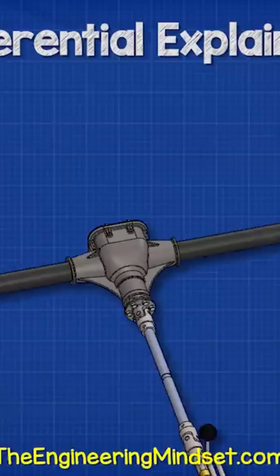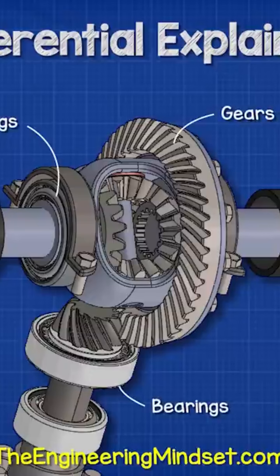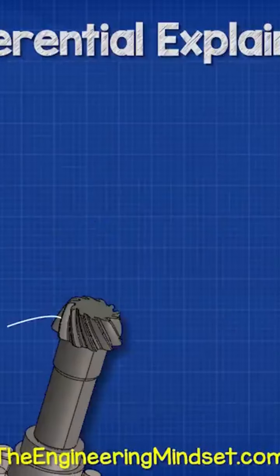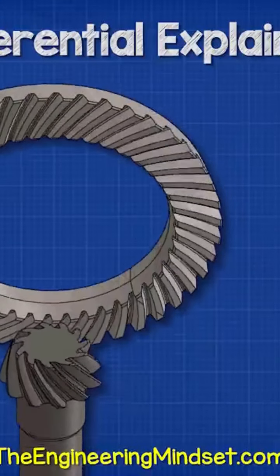If we remove the housing, we can see the various gears which are attached to the axles. These are supported by a number of bearings to ensure a smooth rotation. The engine will provide power via the input gear, which is known as the drive pinion gear. The pinion gear connects to the ring gear, which is much larger. Notice the gears are